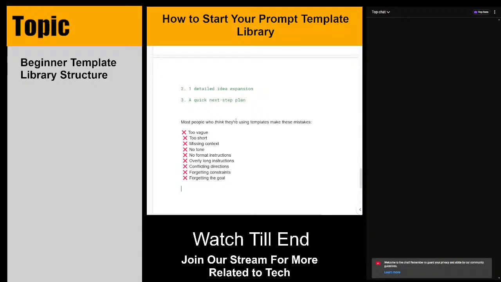Now if we fill in the elements, it would be, you are a friendly science teacher. Explain how volcanoes work. And we can add a context that says explain it for a 10-year-old using simple words, include why a volcano erupts, and also add the tone. It can be fun and easy to understand, and give the format. So let's see how it works. Initially we give a prompt to ChatGPT and say